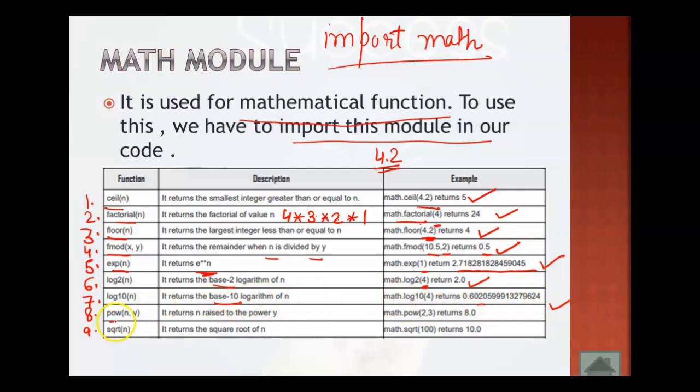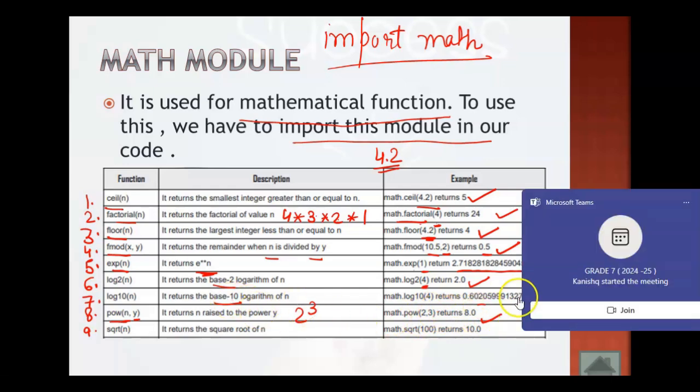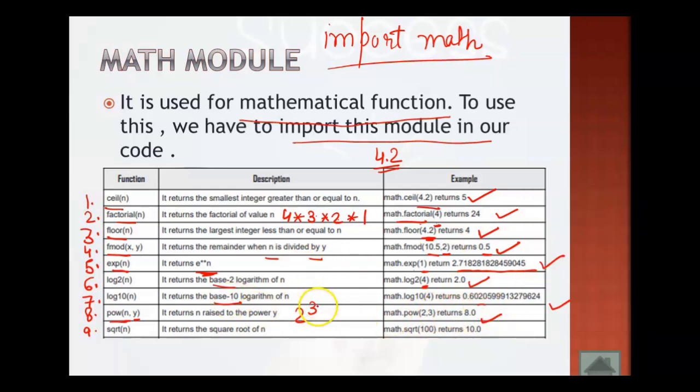Okay, then if you want to find the power, so we have Math.pow and this is the number and this is the power. So if it is 2 to the power 3, directly writing 2 to the power is not possible, so you can use Math.pow. Math.pow of 2 to the power 3 is 8.0. Well, please consider the return type also of these functions. So this is returning a double type value, this is returning a double type value.